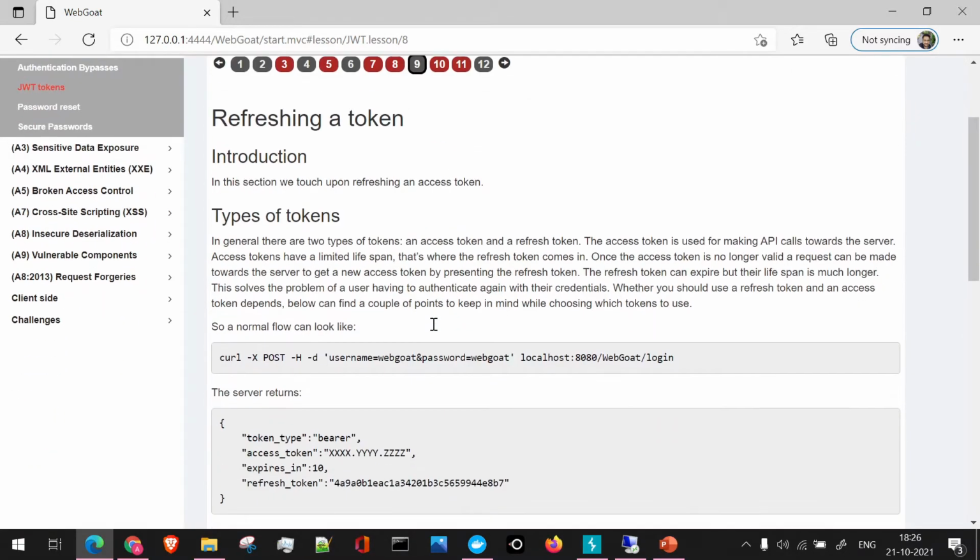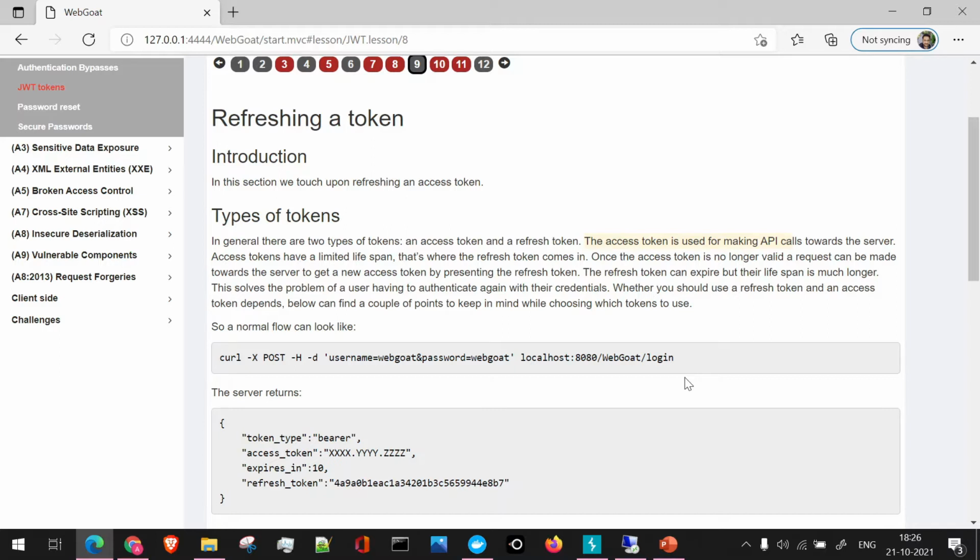Here we are talking about refreshing a token. Ideally, what is an intro to refreshing a token? We have already seen that we use a JWT token to create the login and to prepare authentication while the user is in an application. But every access token has a limited lifespan after which it will expire.